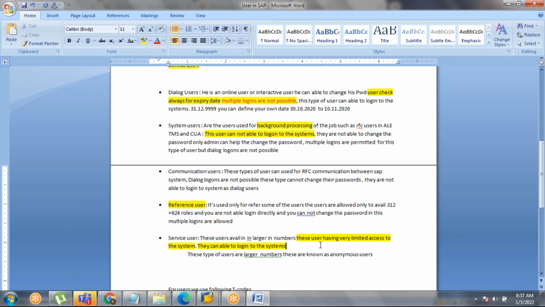And we discussed one more thing, they have got limited access. Why? I'll explain now why they have got limited access. Otherwise they would demolish the system the next day itself if you give full access to them. See, when we use service user, when you implement a portal kind of thing, an HR portal kind of thing in your office,